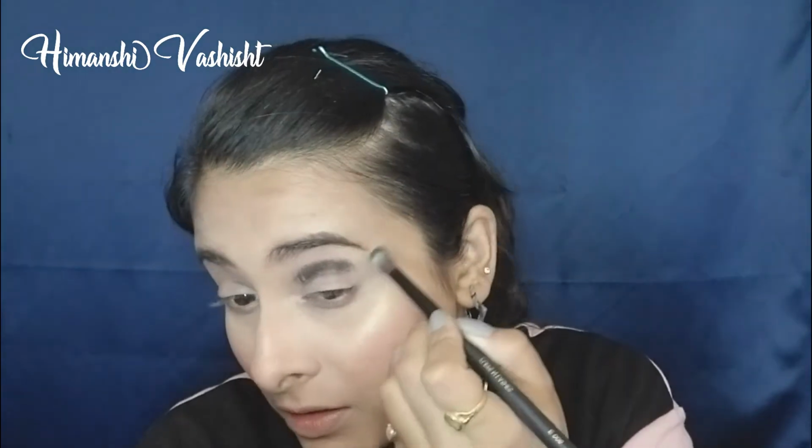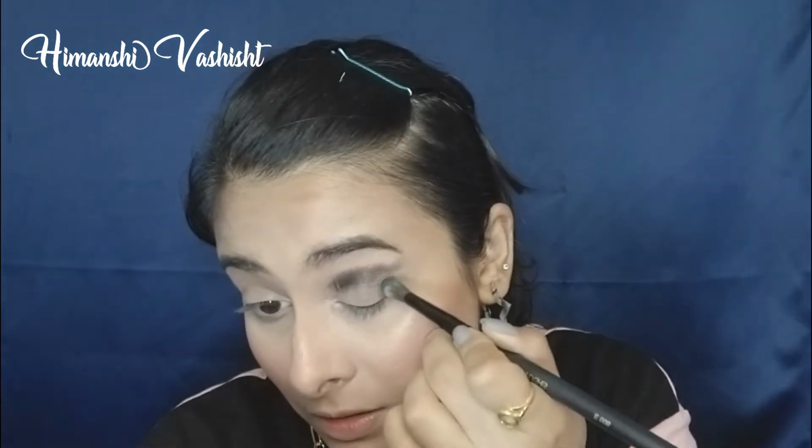Ooh, this black. Oh my god. And I'm taking this inner corner as well because we have to have this black color. And oh my god, is this color pigmented? Oh, okay, this is very pigmented. Like I don't know what I've got myself into now, and I need to fix this because